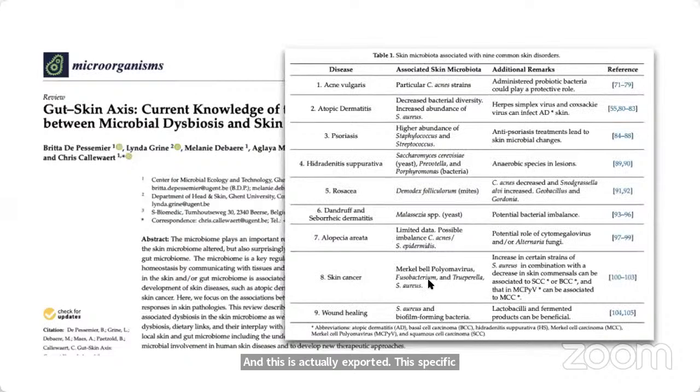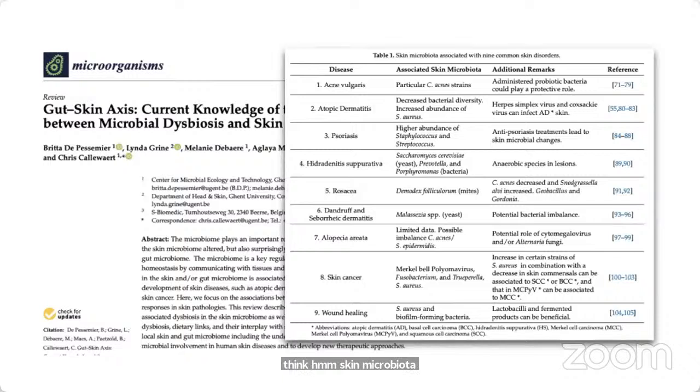And what do I mean by understanding that? They have actually listed out and tabulated specific strains and specific communities of bacteria that are associated with skin microbiota under a variety of disease conditions and under a variety of imbalance or dysbiotic skin microbiota conditions, right?